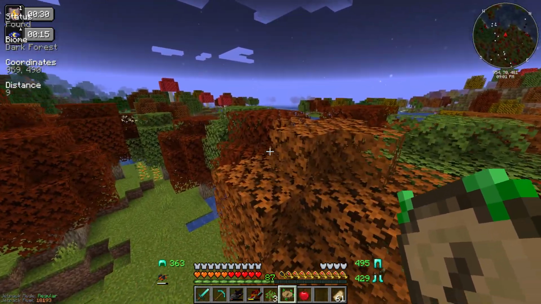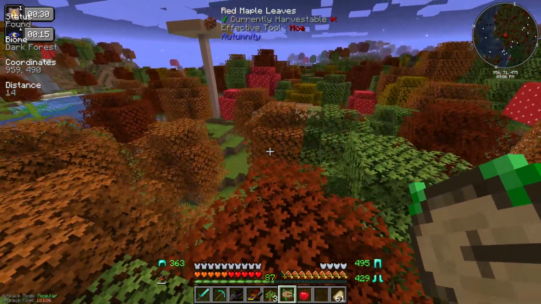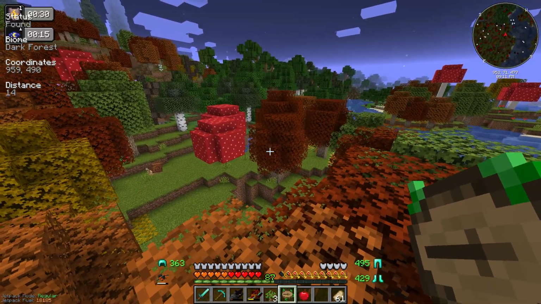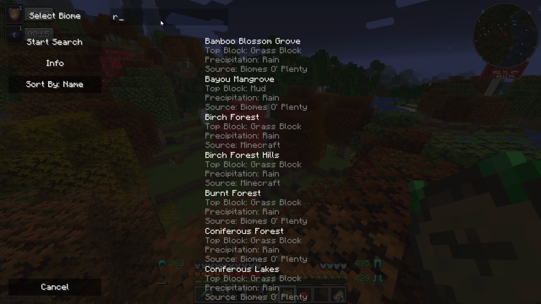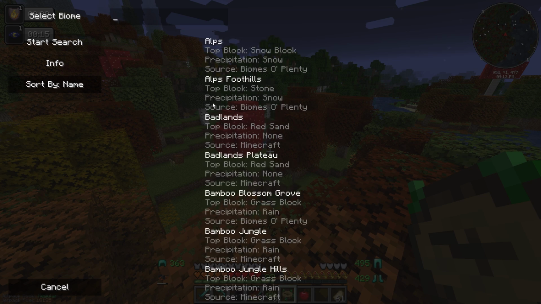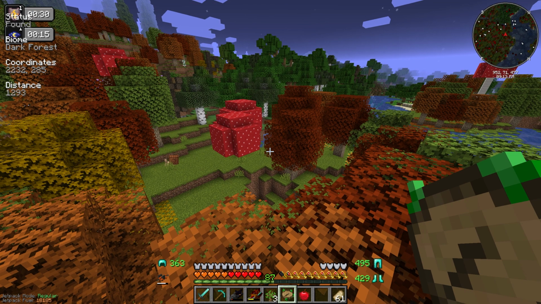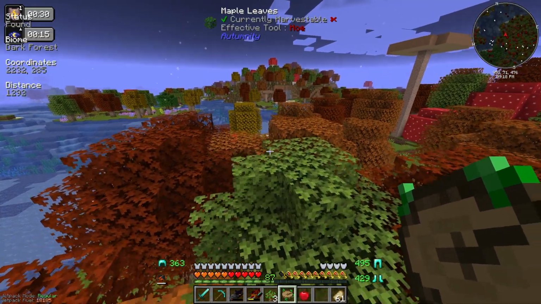I think our compass might be broken. It says a dark forest is right here. But this is an autumn biome. Did something not work? Is it actually called a roofed forest? No. Darkwood forest, source, Drewcraft, Minecraft. Start search. What? Now it's changed its coordinates. Oh, come on. I guess we're going...